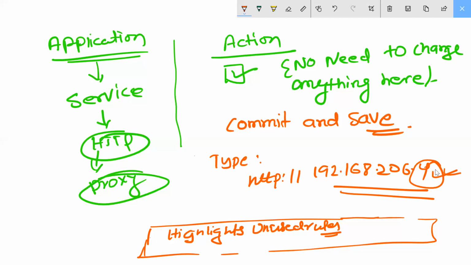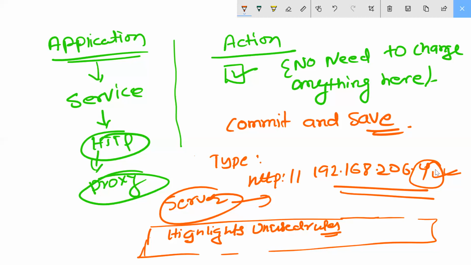Do you want to see my system once? Come to your server and try to open it. http://192.168.206.4.